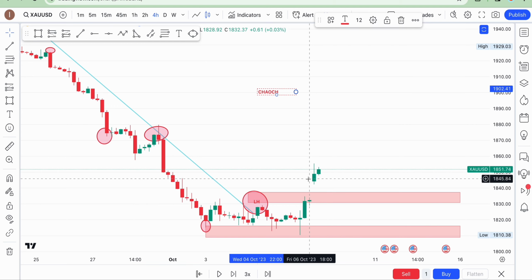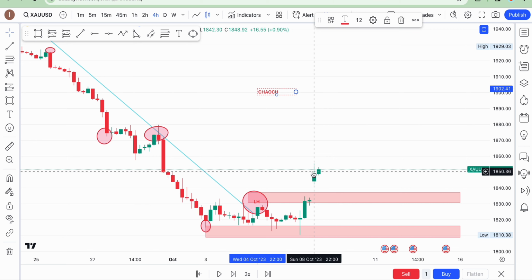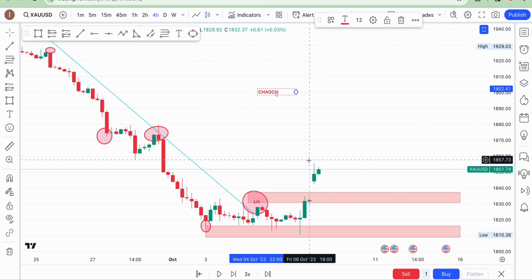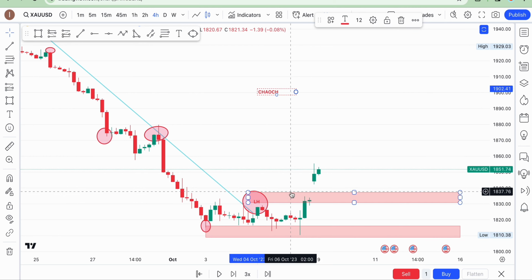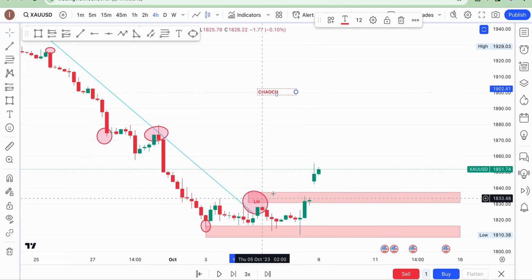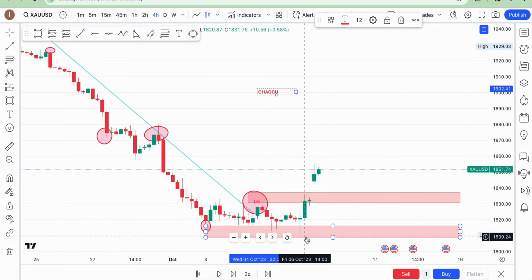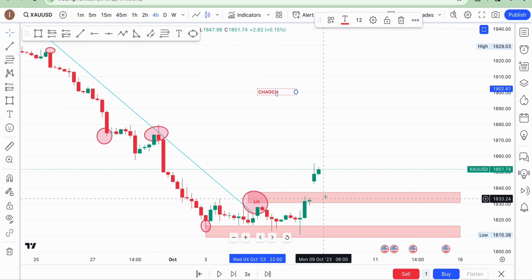That's why you don't need to rush. There will be a time where you see a fake breakout. They just want to go and clip people's stop loss, and so that is why you don't need to rush. So now, since this market has broken our lower high, and we are expecting that, okay, since this market didn't